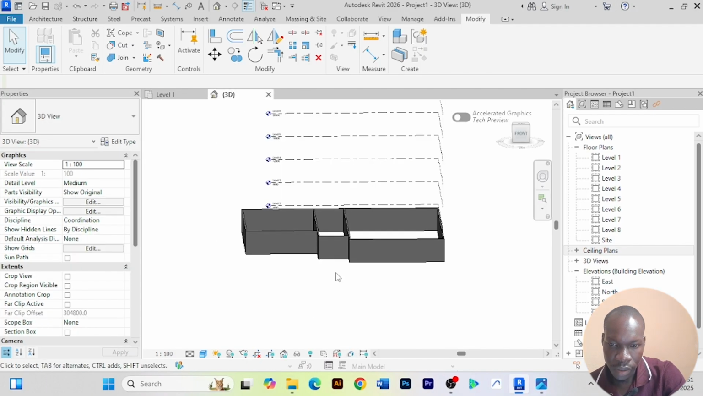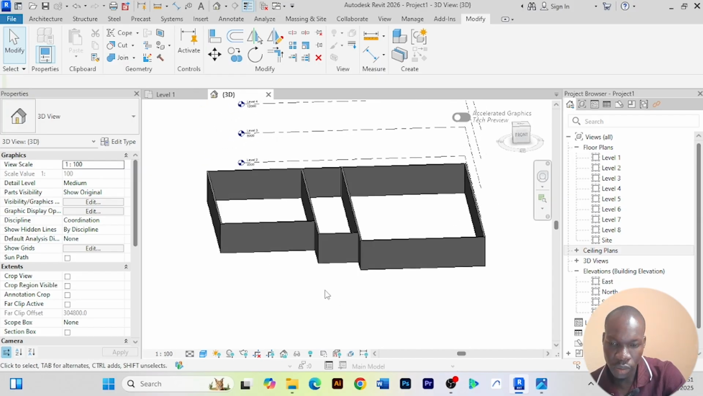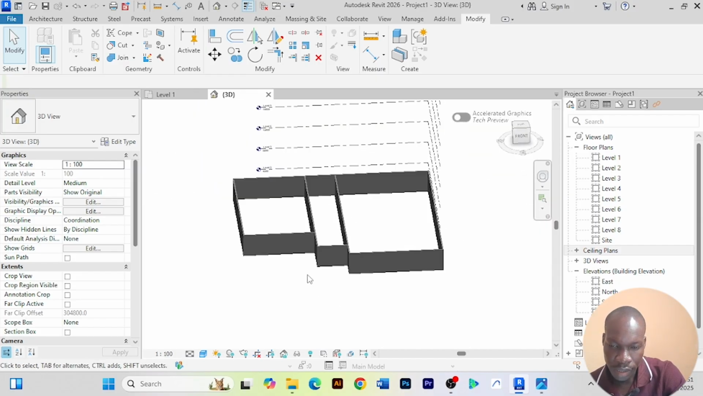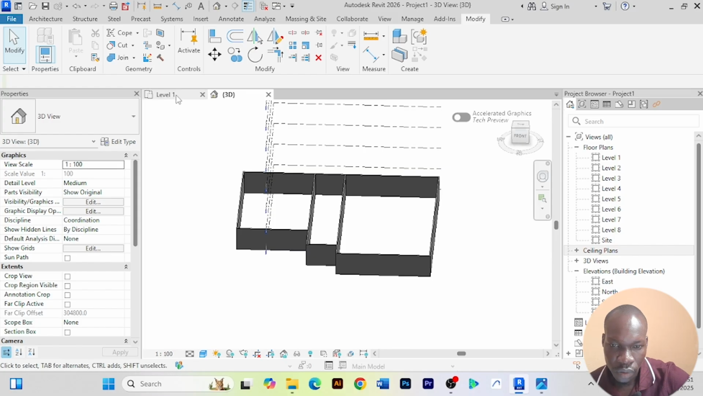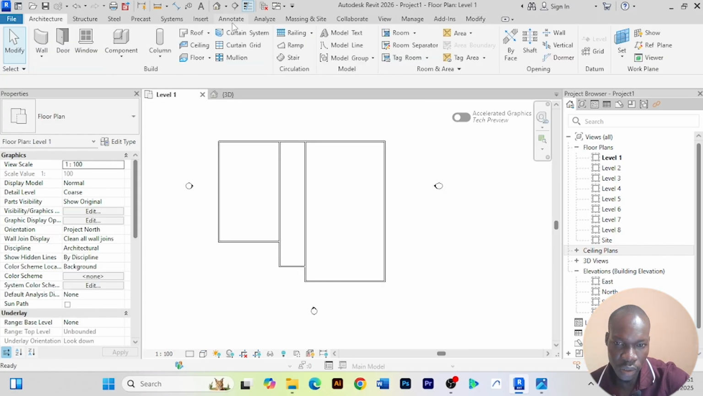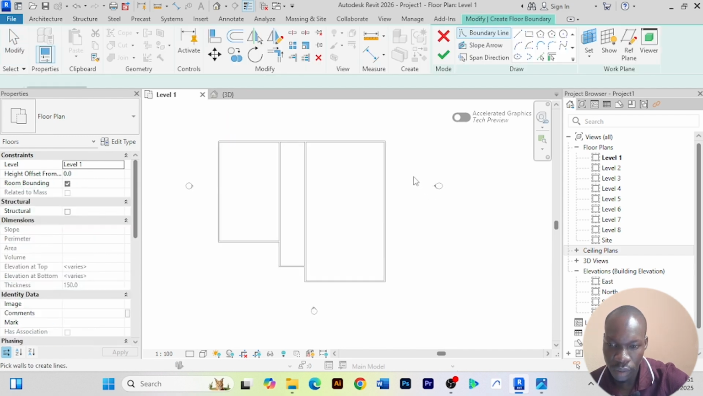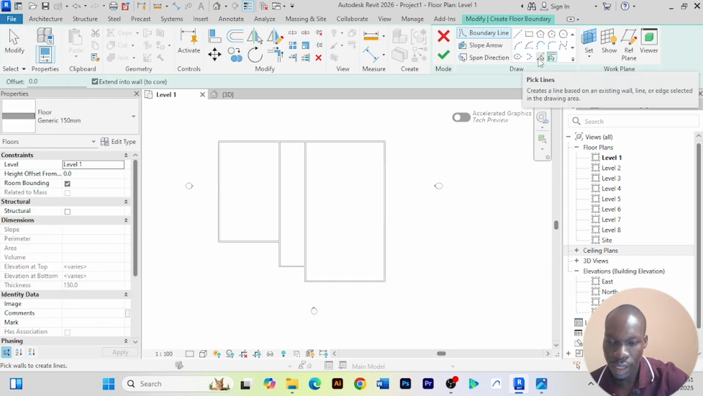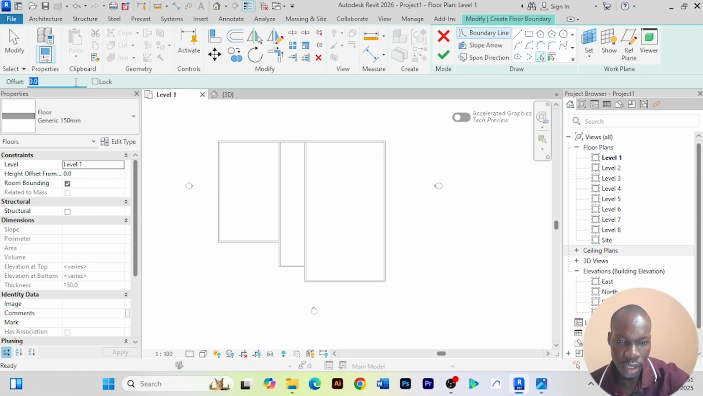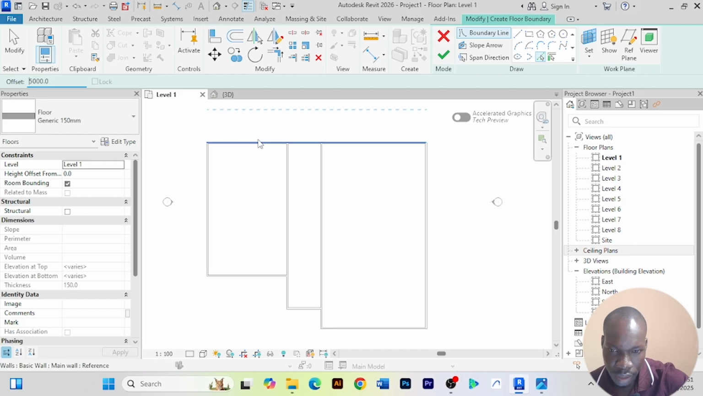So we can basically do that from this, but I think we need to create floors. I mean a slab for this first. So in the first level, you come to architecture, you go to floor, you select the first option, then you can pick line, then I'll offset, let's say, 5 meters all round. So you'll just pick the exterior sides of the house,